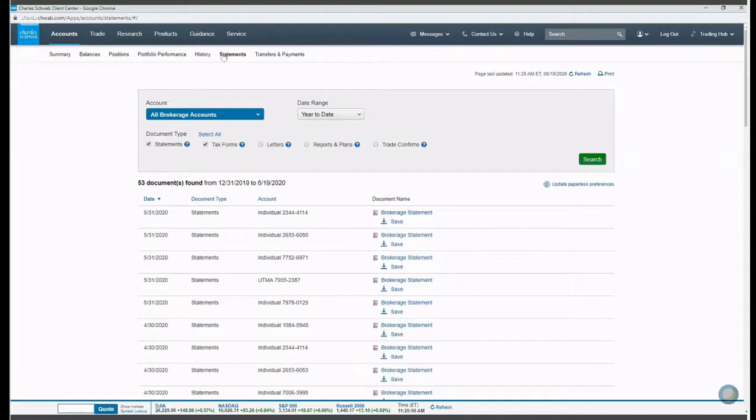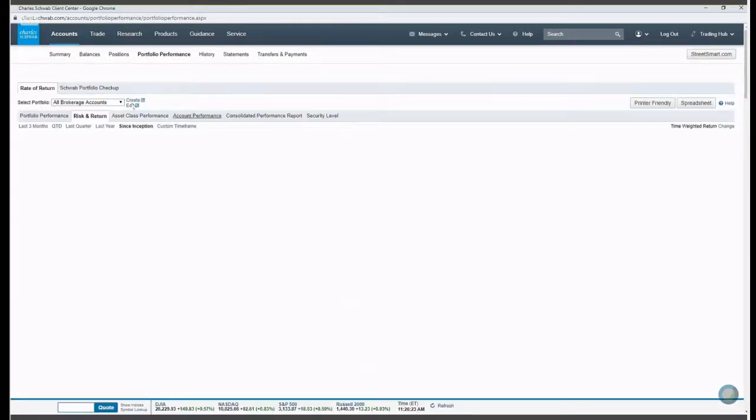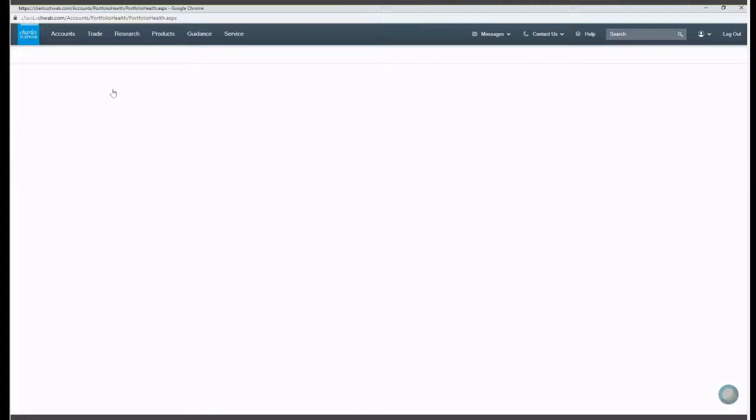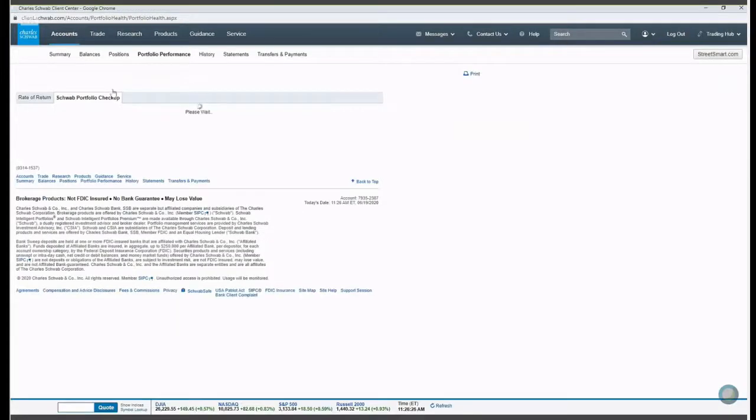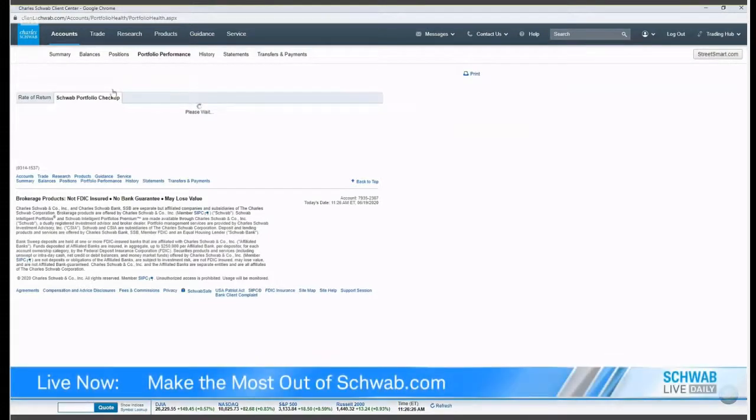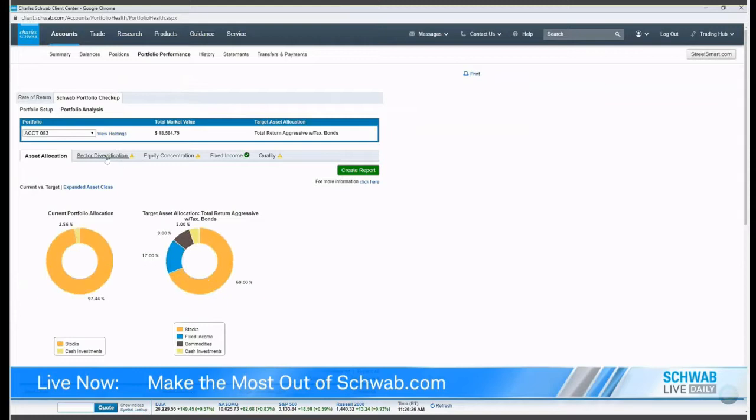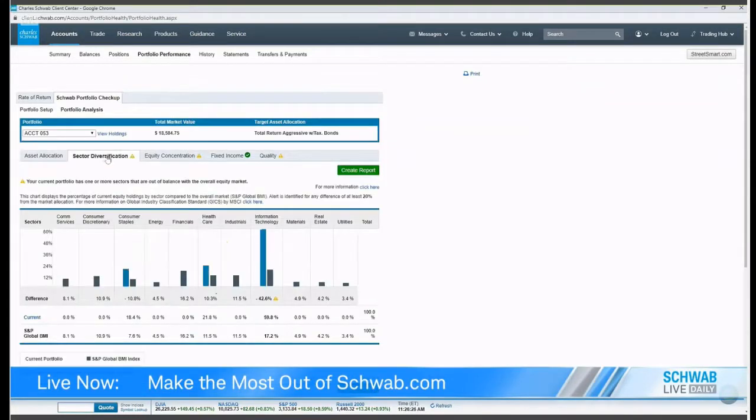Hey, Robert, Mark, there's a question. Tom in New York asked in the portfolio checkup tool, what are the percentage amounts allocated to the sectors reporting? I think the answer is that the sectors are compared versus the S&P weightings, Standard and Poor's being the market leader in sector and industry analysis. As far as the asset classes, that is ultimately determined by the asset class that you choose as a default portfolio. So yes, in this view,